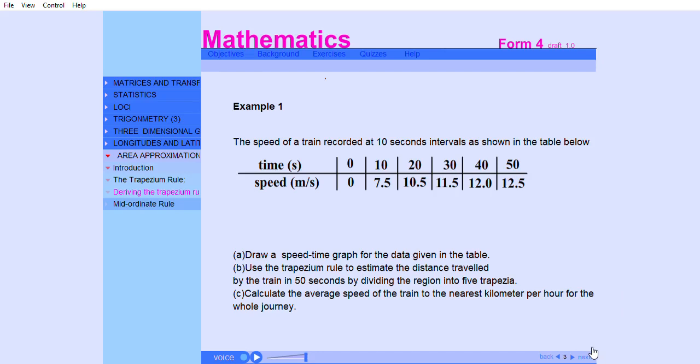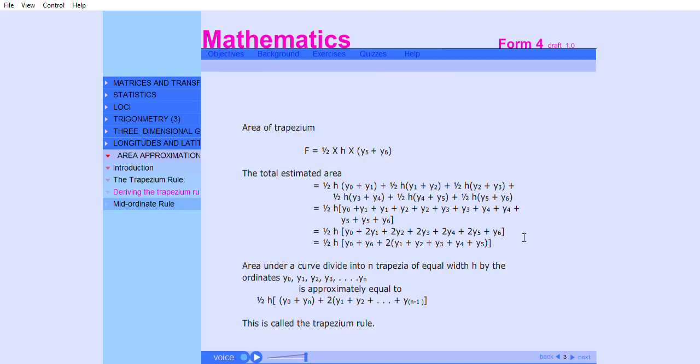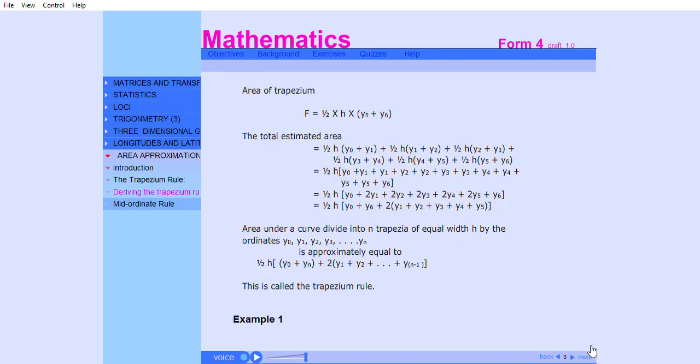The total estimated area equals a half h (y0 plus y1) plus half h (y1 plus y2) plus half h (y2 plus y3) plus half h (y3 plus y4) plus half h (y4 plus y5) plus half h (y5 plus y6), which is equal to half h (y0 plus y1 plus y1 plus y2 plus y2 plus y3 plus y3 plus y4 plus y4 plus y5